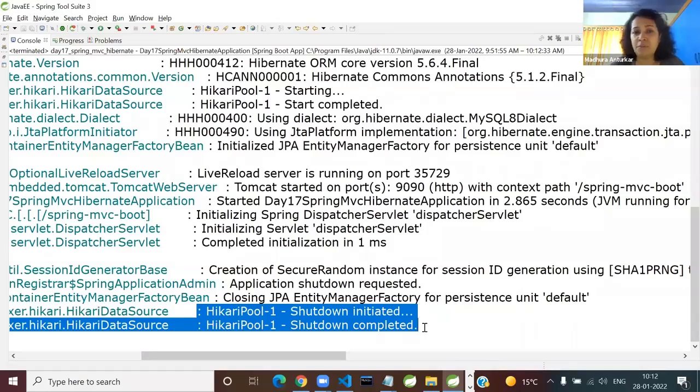Answer is right in front of you. Is it cleaning up this? Of course. So that Hikari pool, that Hikari is the vendor name to provide your database connection pool, is all closed. Okay. So now let us create, I know it is late, but I'm just thinking what will be the